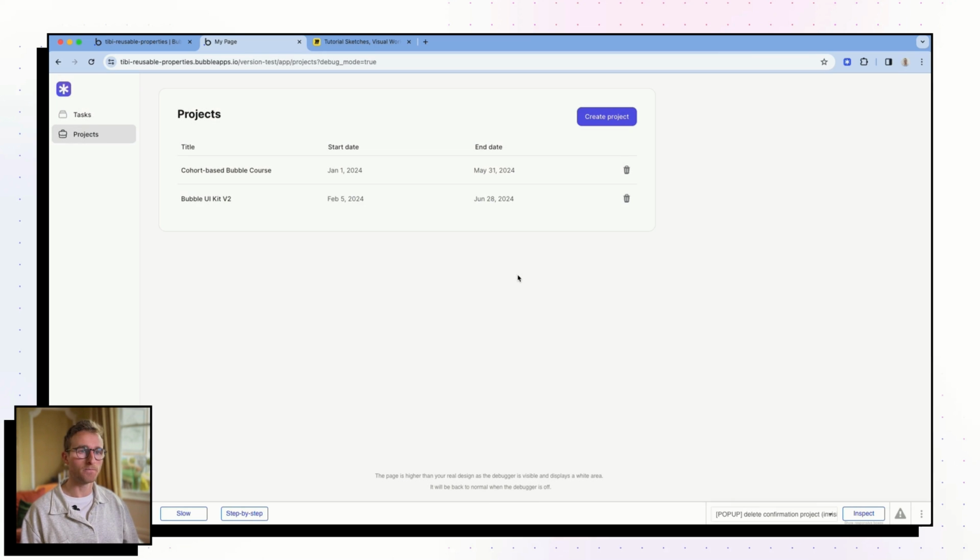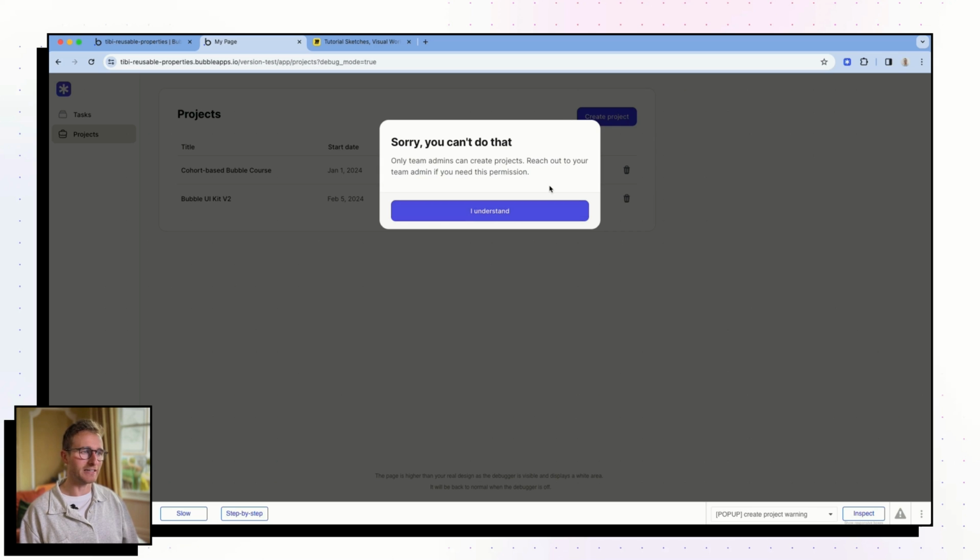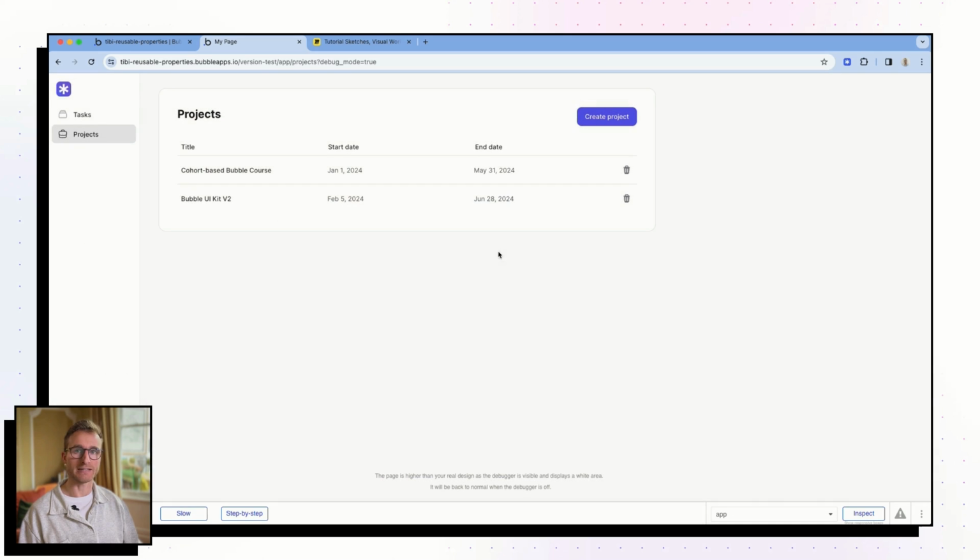it's identical. And then maybe I've got another place where I need a very similar pop-up, which is just telling the user, hey, you can't do that because you're not an admin. All these pop-ups are slightly different, but quite similar. Do I really need to create 3 different pop-ups to achieve this? That's gonna take me a lot of time, and I like my time.